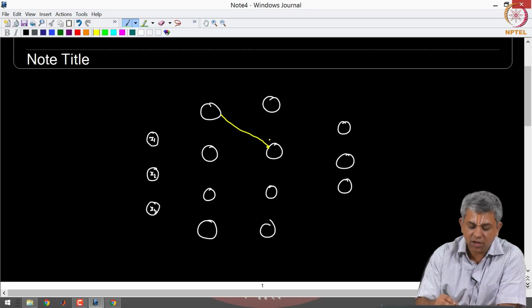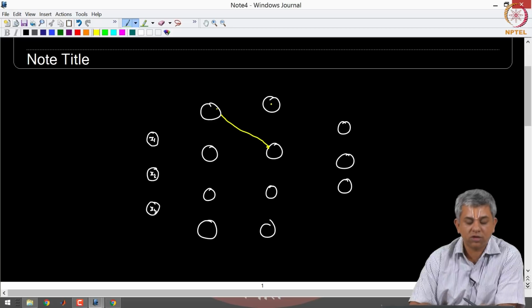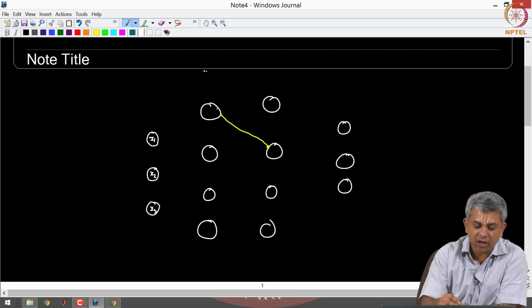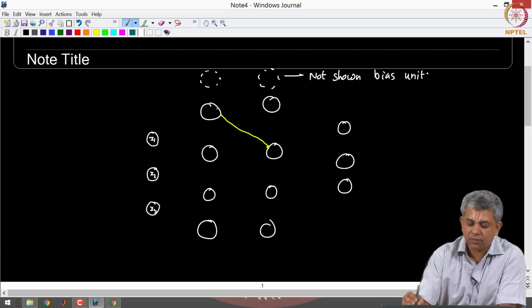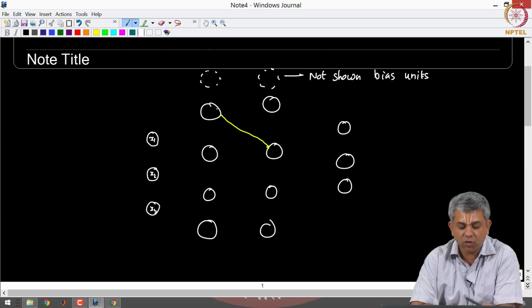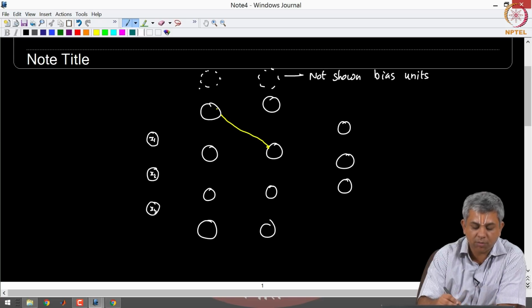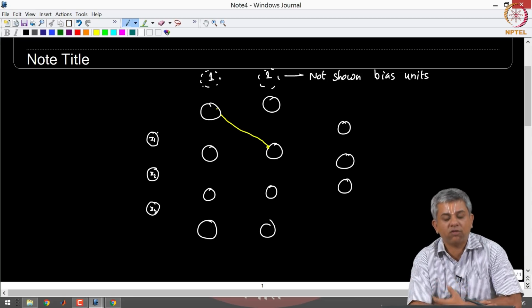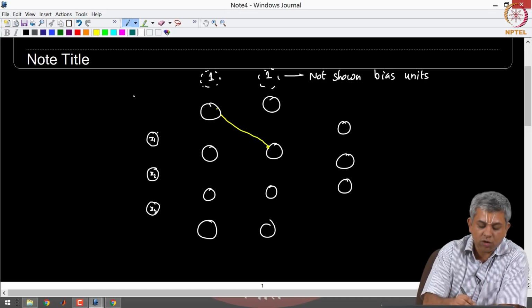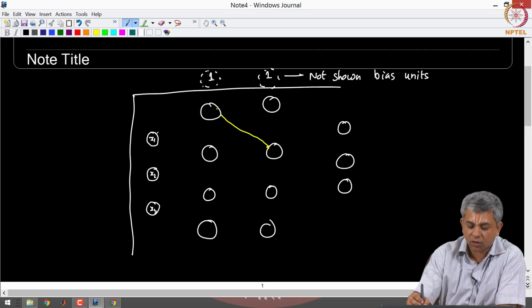Remember that each node is connected to each subsequent nodes. Also notice that we typically do not show the bias units. Okay. The reason is very simple. The reason we do not show a bias unit is there is nothing that goes from here to here, because this does not affect this unit which is always 1, which is why we do not show it. So, when you see a neural network diagram, you typically see only this portion. Okay.